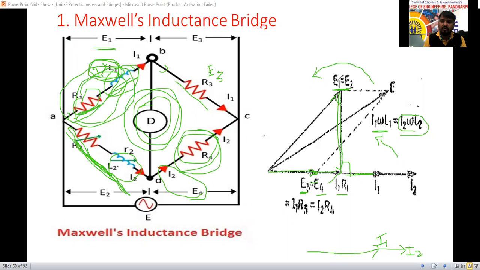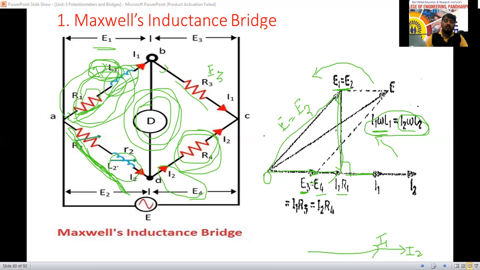E2 and E1 lead the currents I1 and I2 by 90 degrees. We can tell that. From here, we started at 0, and here we have taken it. So this one is I1 R1, or we can call it R1 here. This one is I1 omega L1, equal to I2 omega L2. This is E1 equal to E2, we can call this one, joining by this terminal here.